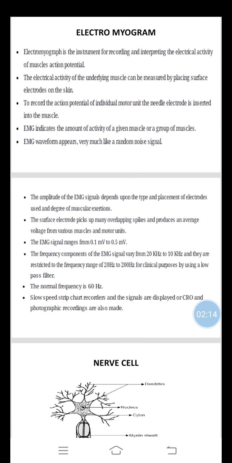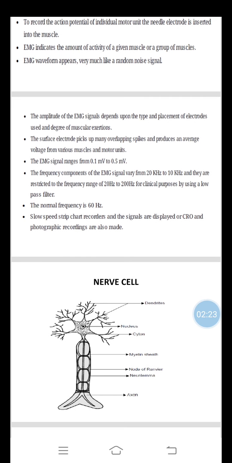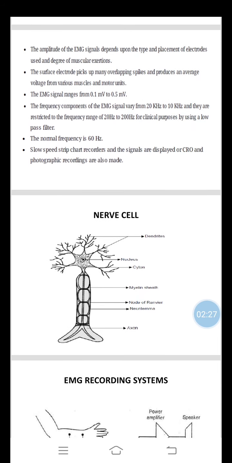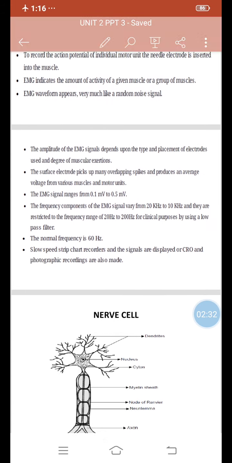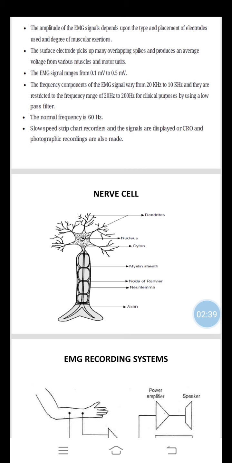Generally, electromyogram is used for recording the activity of muscles. Okay, so this is the basic information about electromyogram. Then this is the structure of a nerve cell. The nerve activity can also be picked up using electromyogram. The nerve cell we already studied in lower classes. We are all familiar with axon, cyton and dendrites. So this is the basic information about the nerve cell.